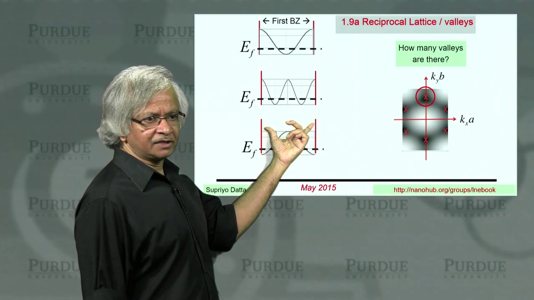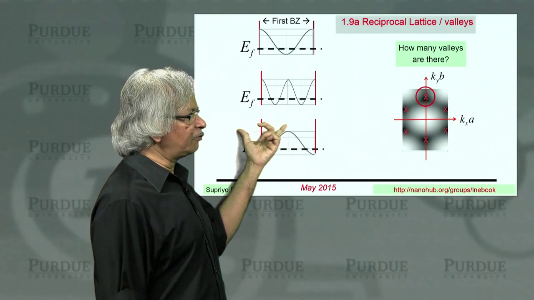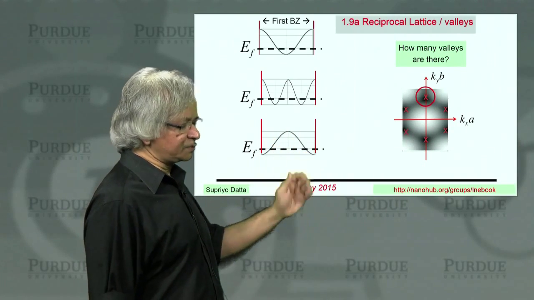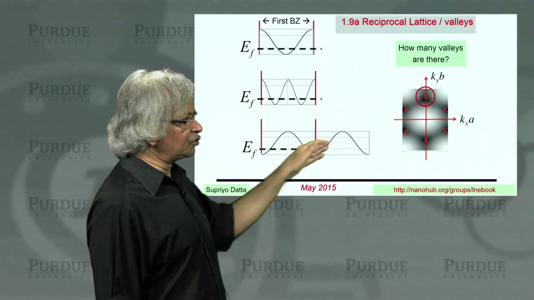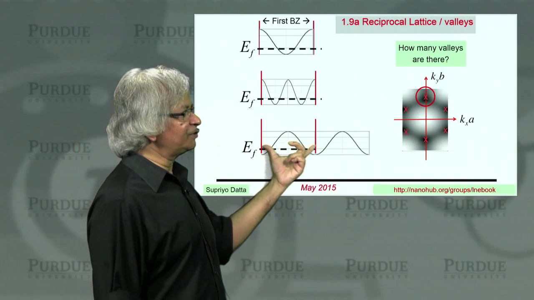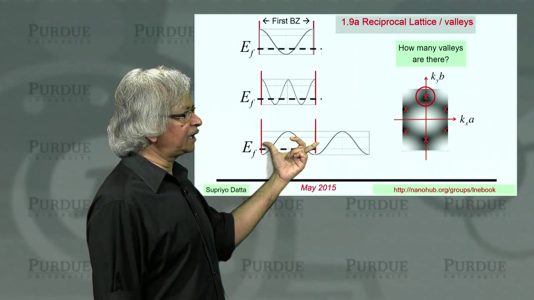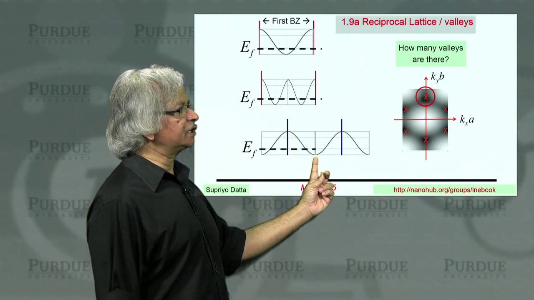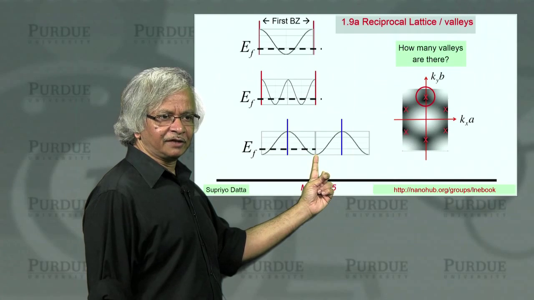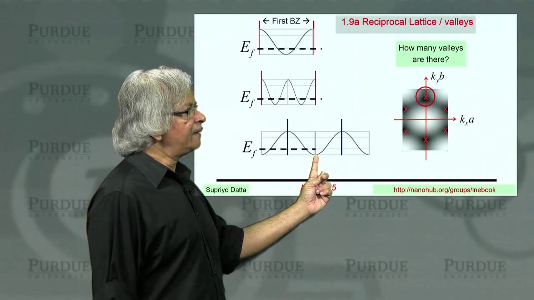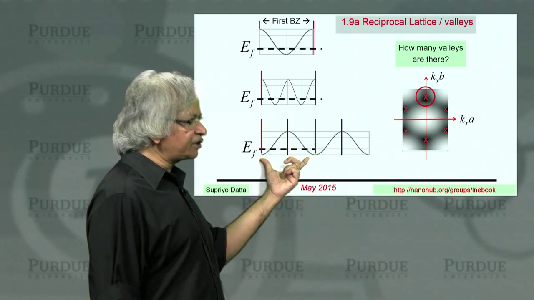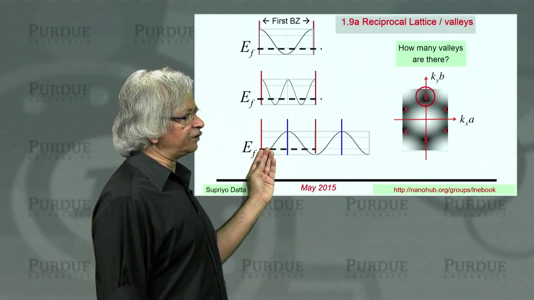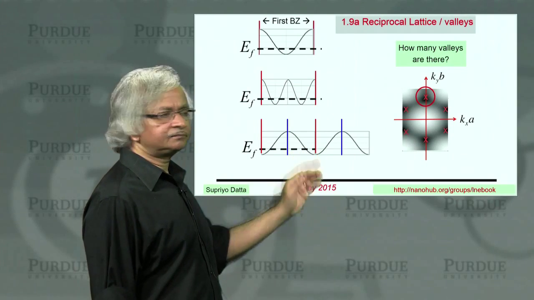Another way of saying it is that, well, here what we are drawing is the first Bravais zone. But as you know, in principle, we could take a window anywhere. We could use a different Bravais zone. And this function is periodic, so it actually goes on like this. So instead of using this Bravais zone, I could have used a Bravais zone like this. And in that case, of course, there would obviously be 1 valley right in the middle. Okay? But if we want to use the conventional Bravais zone, that's this one, the red one, then we should think of it as 2 half valleys.